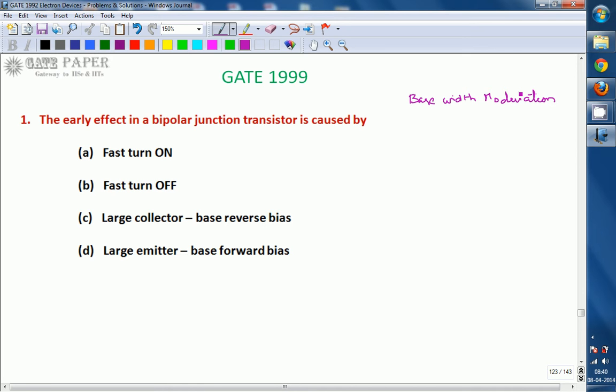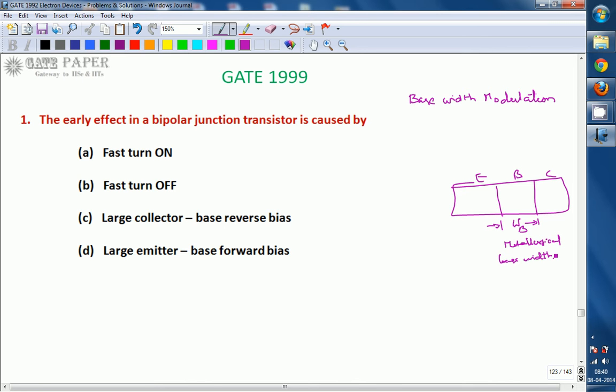if you are not applying any voltages. At that time, the majority carriers which are responsible for the current flow for transistor operation as an amplifier will be present over the entire region. If it is, let us assume, emitter, base and collector, this is called WB, the base width. Base width is also called the metallurgical base width, that is, at the time of fabrication. So this is the width over which the mobile charge carriers are present in